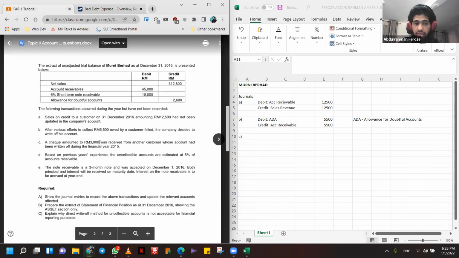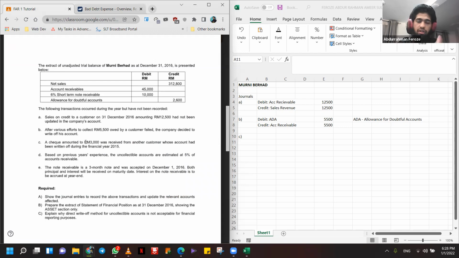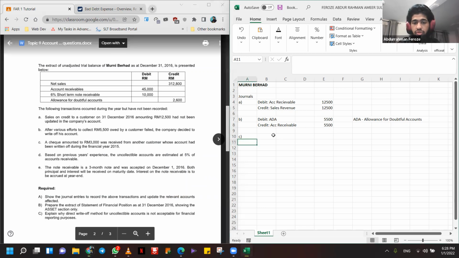The company has already written off these 3,000 ringgit, so they have already done those entries. Now the customer has actually paid that amount, even though the company thought they would not get it back. The customer has come back and said, here, I owe you this money, I paid you. So now we have to reverse that transaction, right? So what we do first is